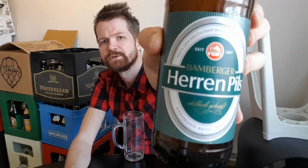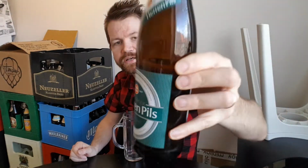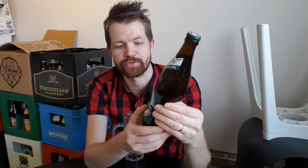This is how the label looks like, quite classical. Not that fancy, but very classical. Bamberger Herren, seit 1867. Nach dem deutschen Reinheitsgebot gebraut. Keesmann Bräu, Bamberg, Edelherb gehopft. That's of course something really nice. Edelherb gehopft means that it's the